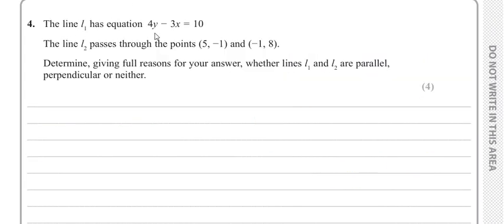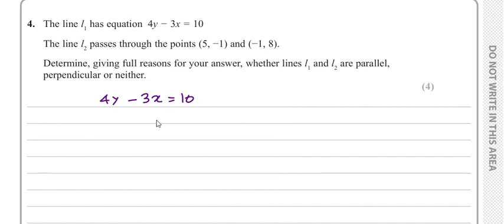The line L1 has equation 4y minus 3x is equal to 10. Line L2 passes through these 2 points. Determine, giving full reasons for your answer, whether L1 and L2 are parallel, perpendicular, or neither. So our strategy should be to find the gradients of these 2 lines, and then we can decide whether they are parallel or not. So starting with 4y minus 3x is equal to 10, which should be rewritten so that